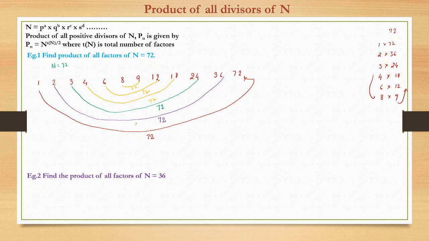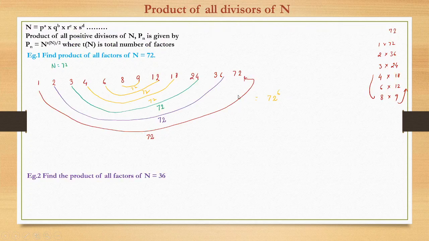So now first of all the question is to find the multiplication of all these numbers, 1 into 2 into 3 into 4 into 6 into 8 into 9 into, but we know there's a pattern in this multiplication. So the question was to multiply all these numbers. Now we can say that the multiplication of two numbers is 72. So this multiplication would be how much? 72 raised to power 1, 2, 3, 4, 5, 6, right? Because we can pair the first term with the last term and symmetric terms from the beginning and end, and we can get 72, and there will be six such pairs. So it is 72 raised to power 6.